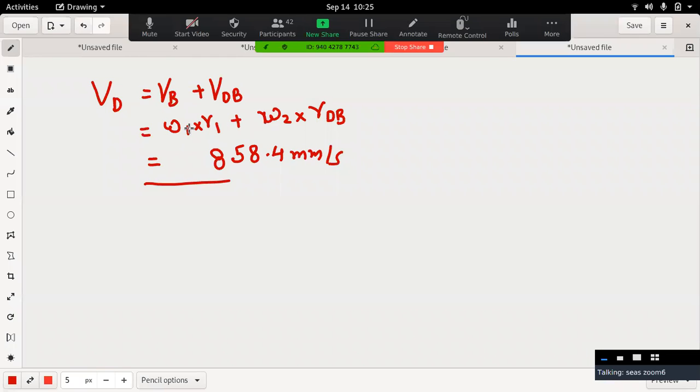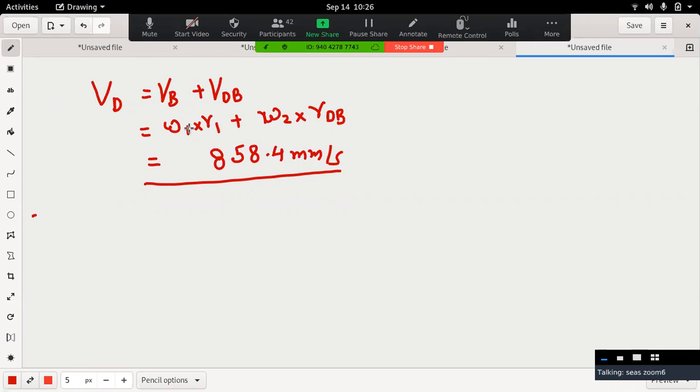Just be careful that while you are doing all these calculations, they are vector multiplications and vector additions. When we do vector multiplication, it goes into the matrix form of multiplication, so you have to mention the individual I, J and K components of each part and then do the multiplication. Similarly, when we are adding, we need to add I terms separately, J terms separately and K terms separately in order to get the values.